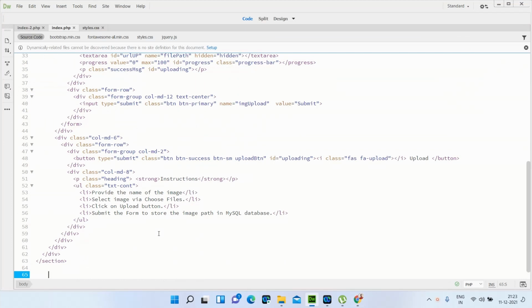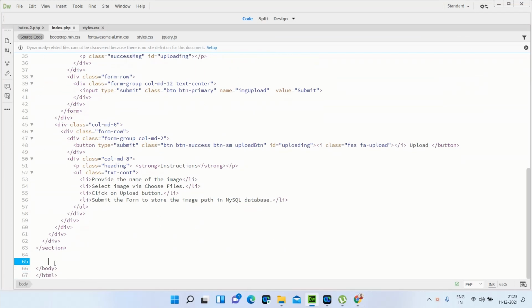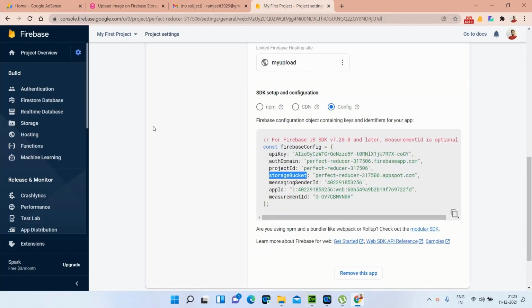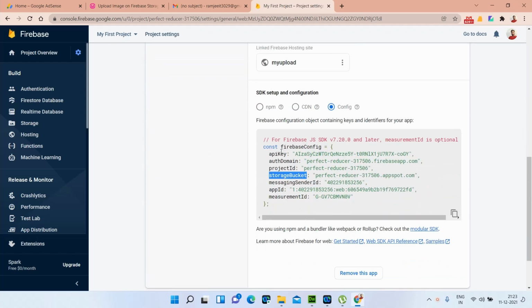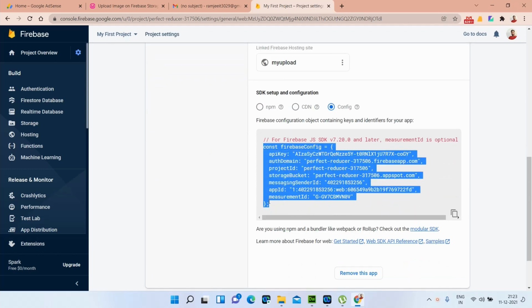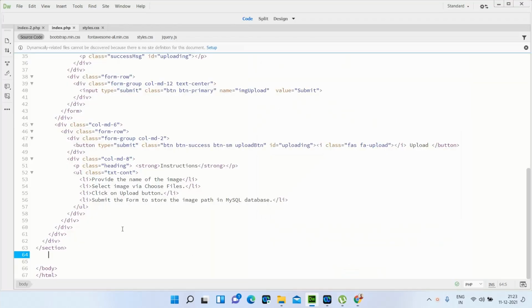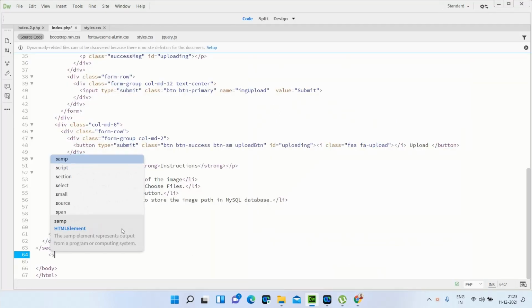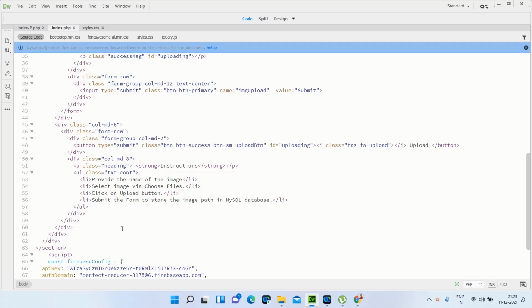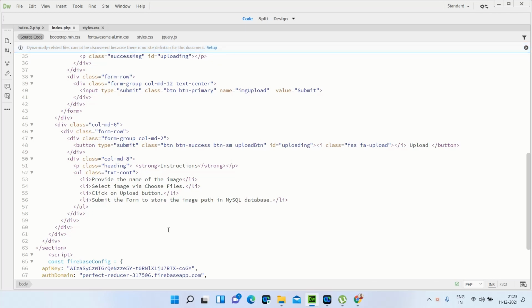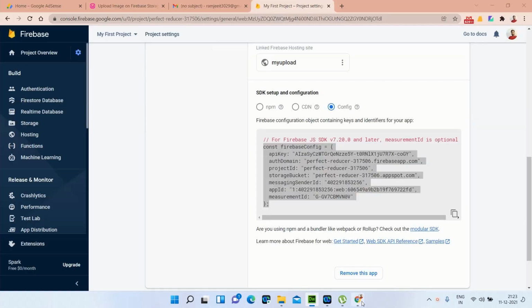So friends, now I'm going to write the JavaScript. First we need to go to the Firebase console and just copy the configuration of the Firebase. So I'm copying this and pasting it here, in this script. And also we need to copy some Firebase libraries.